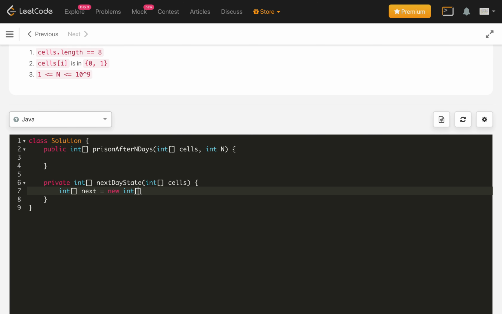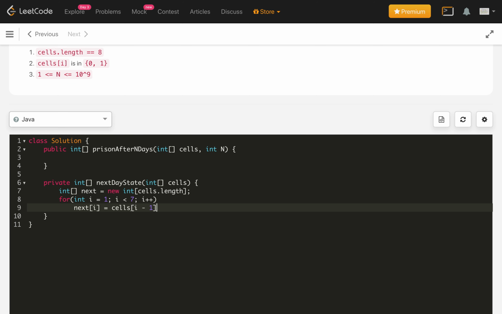Instead of hard coding, we just use cells.length, and we will loop from int i equals 1 and i less than 7, i plus plus, and next of i is equal to cells of i minus 1 equals cells of i plus 1; if it is equal then 1, otherwise it is 0, and in the end we will return next. So this is our helper method, its work is done.